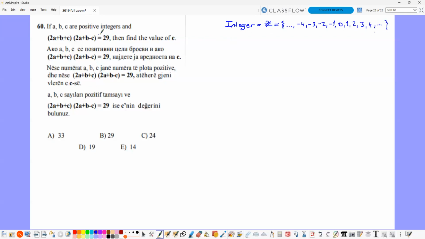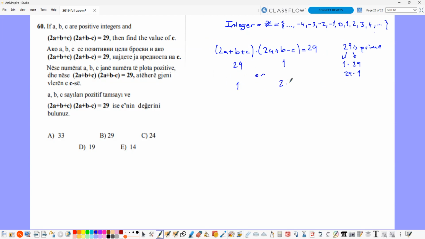And the other case here: 2a plus b plus c times 2a plus b minus c is equal to 29. This is important because 29 is a prime number. If it is a prime number, it has only two factors, 1 times 29 or 29 times 1. Since these are all integers, the results come up as integers. Integer factors of 29 are only 1 and 29, so this one will be 29 and this one will be 1, or